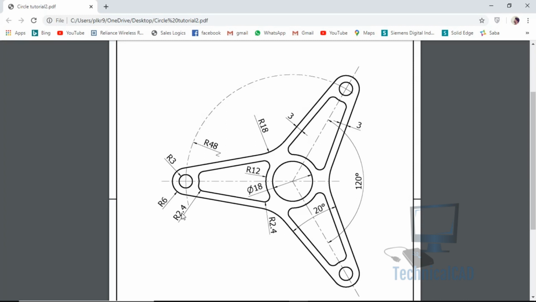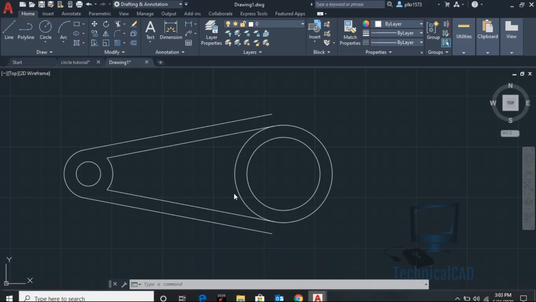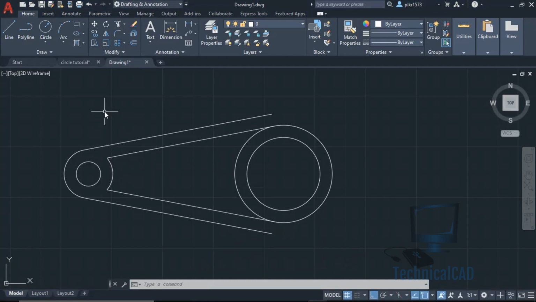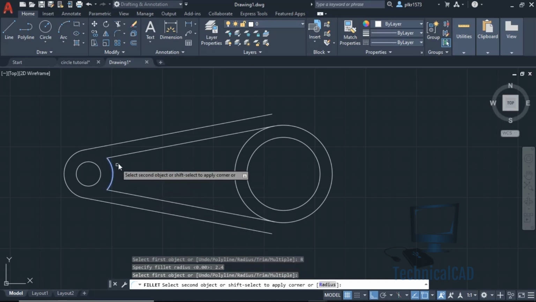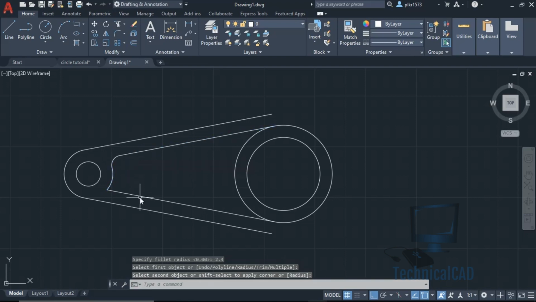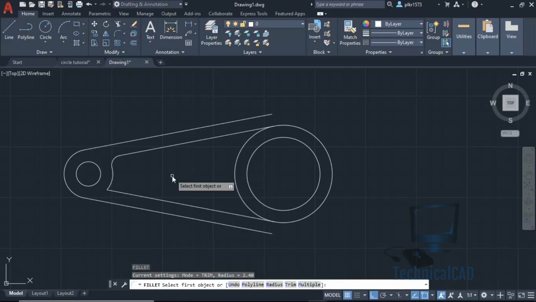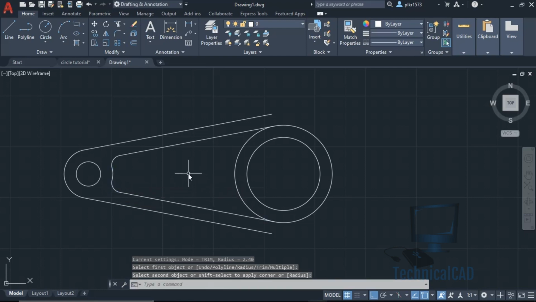Here again they have given a radius of 2.4, so I can go for fillet, F, enter, and go for radius 2.4, enter, select the first object and select the second object, and again use the same option, F, enter. We have already selected the radius, so there is no need to do it a second time.